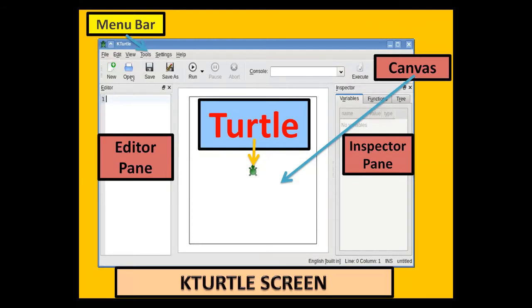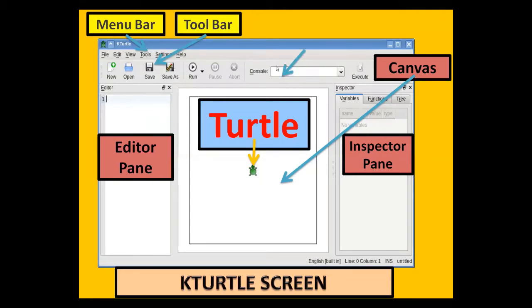The second bar of the KTurtle screen is the toolbar. The toolbar appears just below the menu bar. The toolbar contains the new button, open button, save as button, run button. These are all buttons that allow you to quickly open any option.